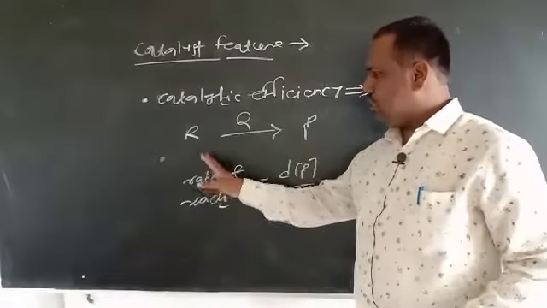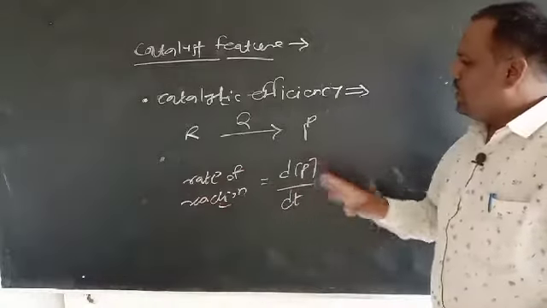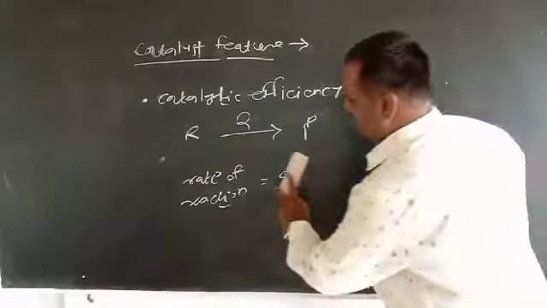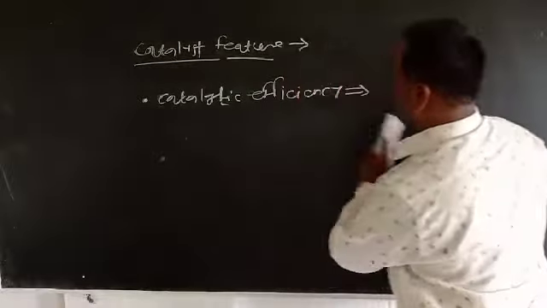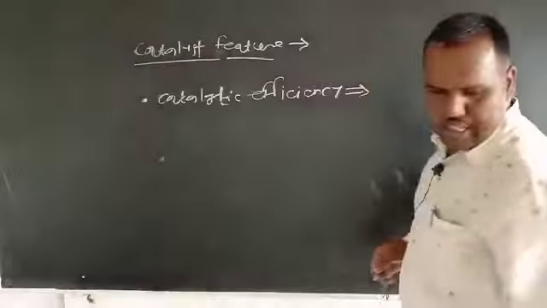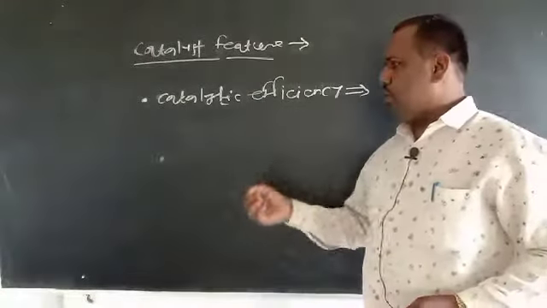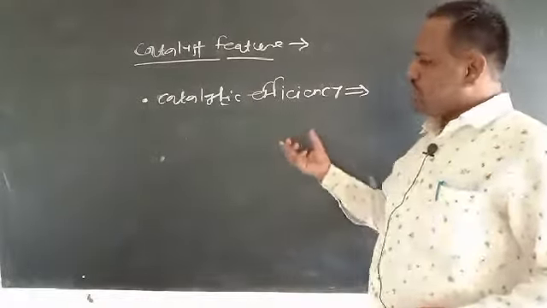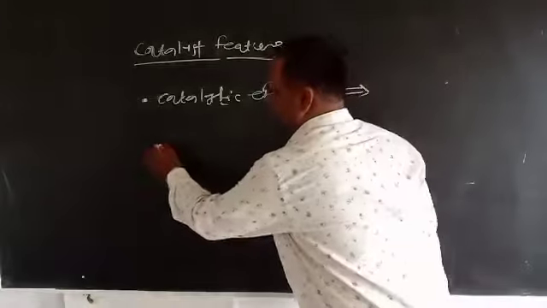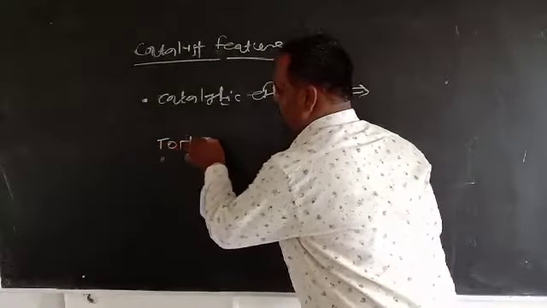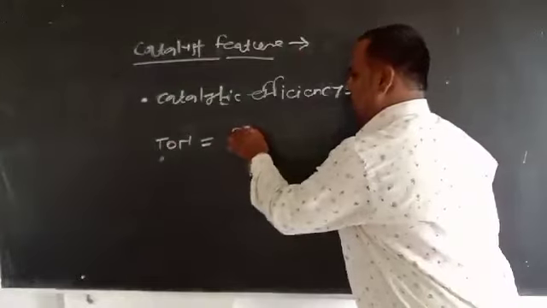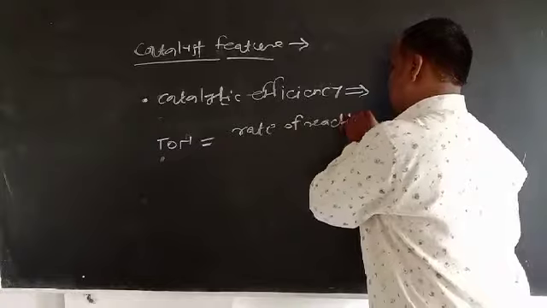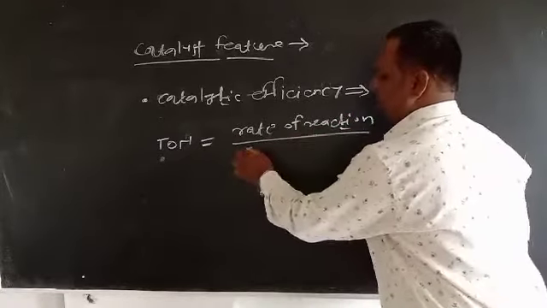So we can say that for this reaction, the rate of reaction is equal to dP by dt. So what is this catalytic efficiency? The catalytic efficiency is expressed in terms of turnover number, and we already saw the formula for turnover number, that is the number of product molecules formed divided by the concentration of catalyst. In other words, we can write turnover number as equal to the rate of reaction divided by the concentration of catalyst,